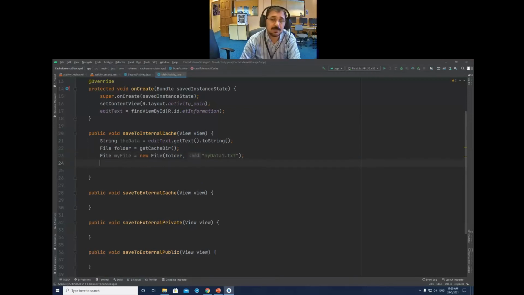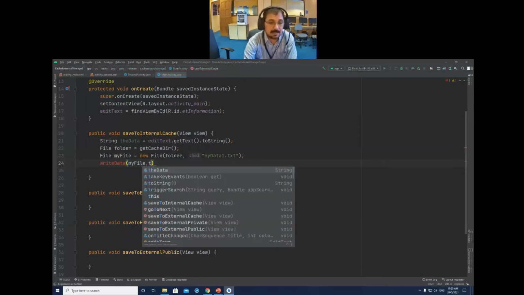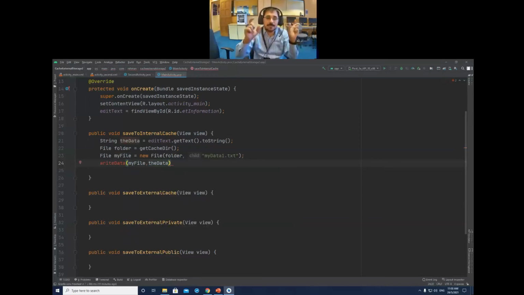The fourth step is writing the text in that file. As I told you, this is a writing process again and again. So I want to create a method for this, and I will just call it from here. So that one I should just give a name like writeData, and this function will get the file name and the data. We will send the text and the file name.